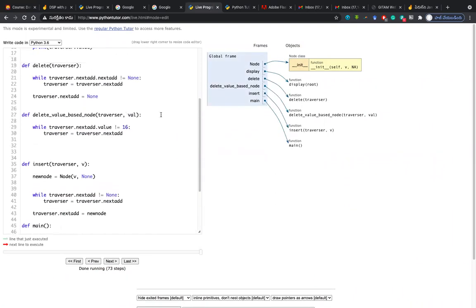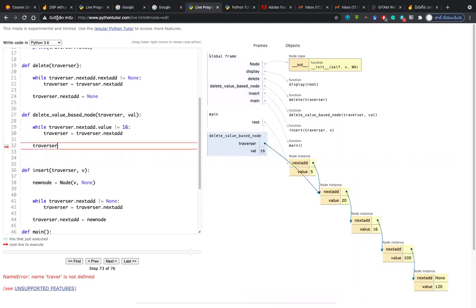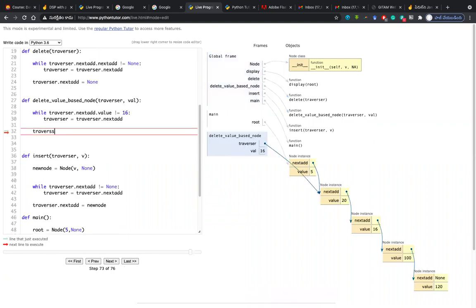When the traverser's next node value is 16, the same as next address value, right? Next address is nothing but next node. So the traverser's next address value is 16. Then come out of the loop, break the loop, and then what you need to do is the same statement that we have discussed earlier. Traverser